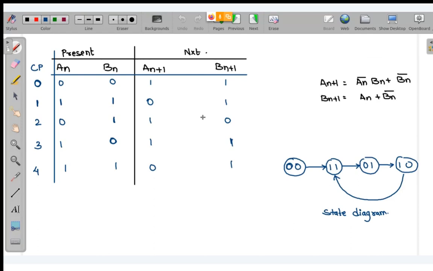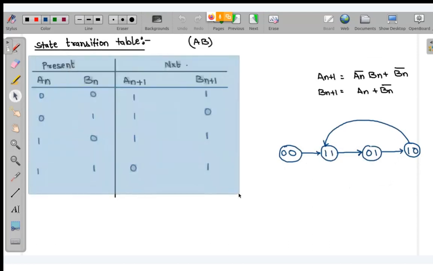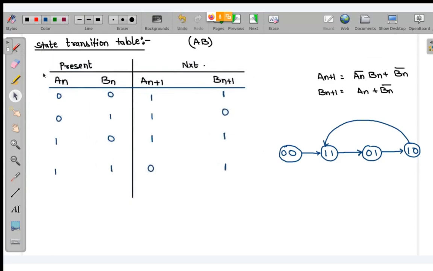Yes, tell me. Why do you take that clock pulse at 0 to 4? I didn't get why. Where? This one, sir. You said two representations, right? The first one we didn't include clock pulse, here also we have clock pulse. Without clock, how can a counter count? I have told you these are synchronous counters. I had skipped it over here. So here also we have clock pulse: at the 0th clock pulse, 1 clock pulse, 2 clock pulse, 3 clock pulse. Okay?